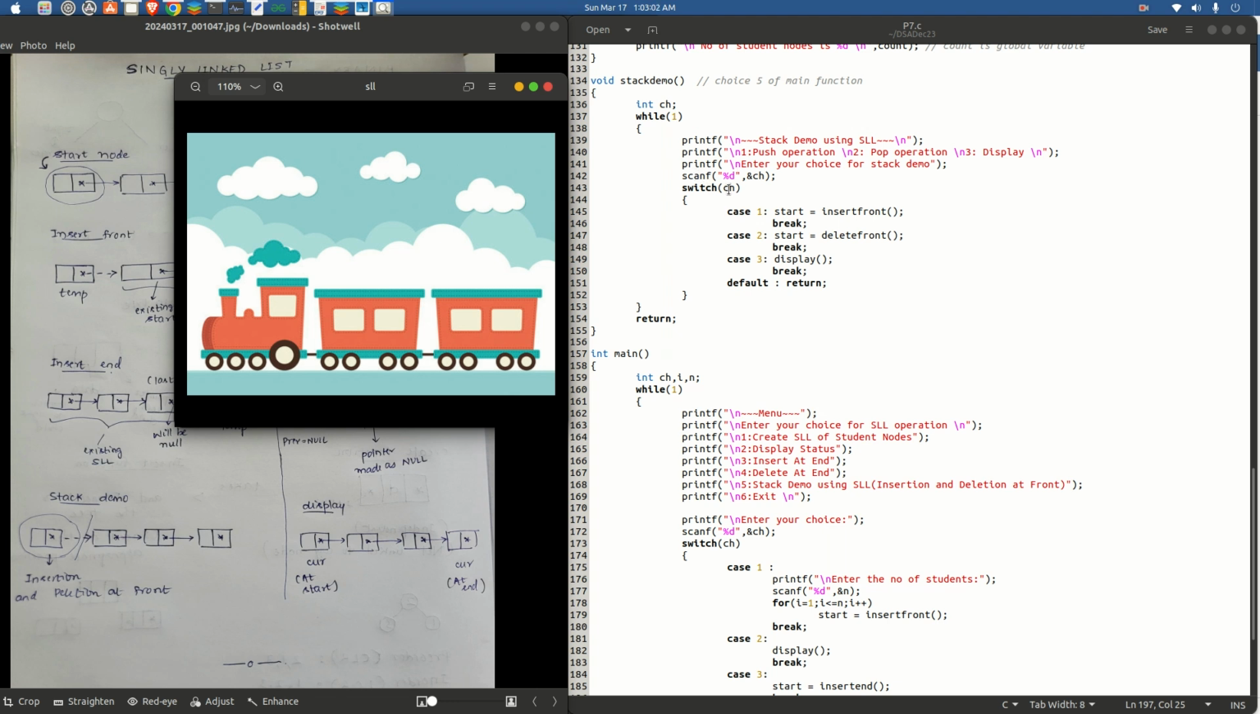And scanf %d is accepting the choice. Based on the choice, the only technical part in the stack demo function is you should remember that you should call insert front and delete front operations, because in the stack conceptually we know that insertion and deletion happens at only one end. So in this case it is the front end. So start is equal to insert front for the push operation,